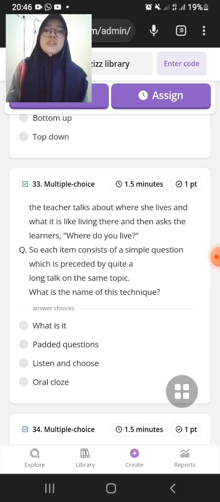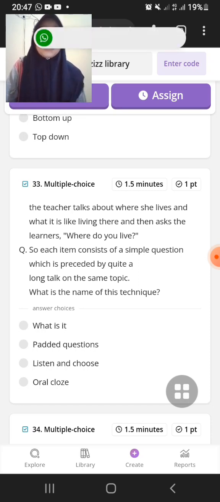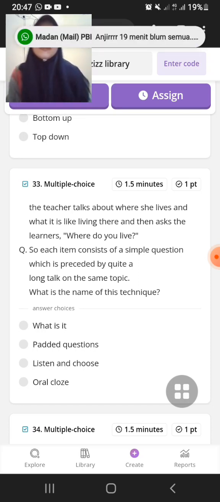Question number 33. The teacher talks about where she lives and what it is like living there, and then asks the learners, where do you live? So each item consists of a simple question, which is preceded by quite a long talk on the same topic. What is the name of this technique? The answer is